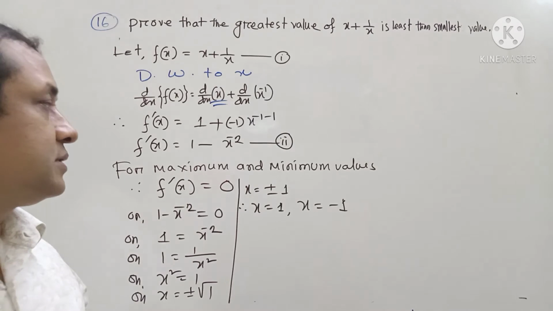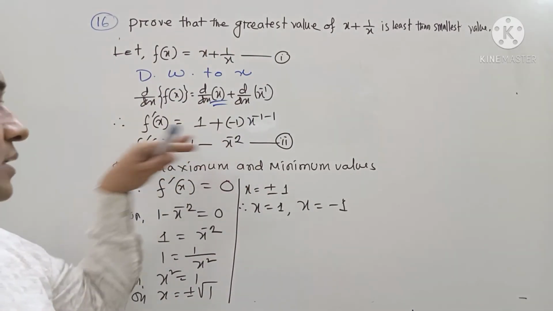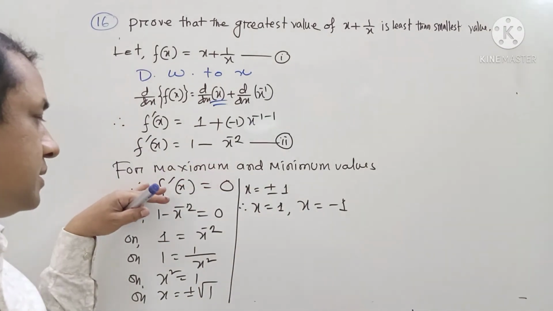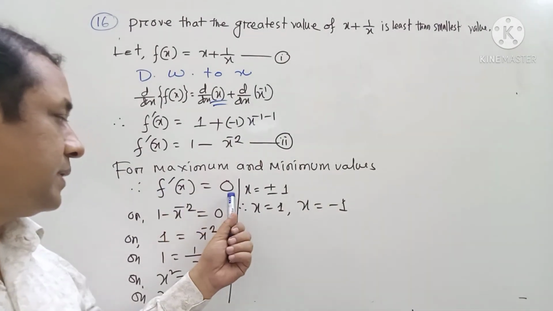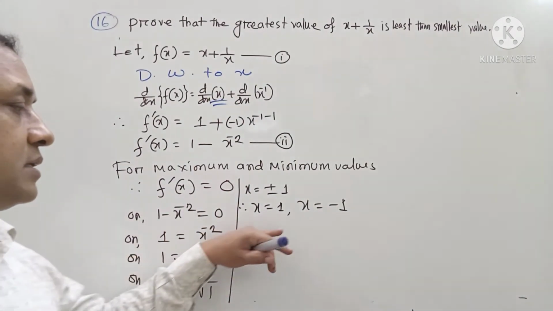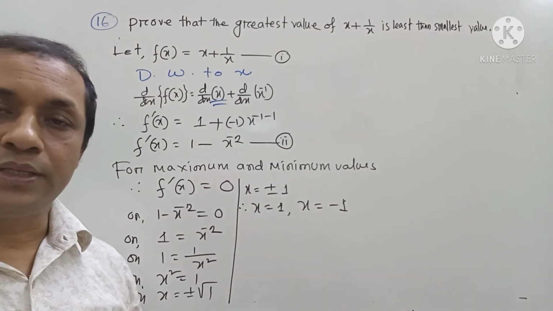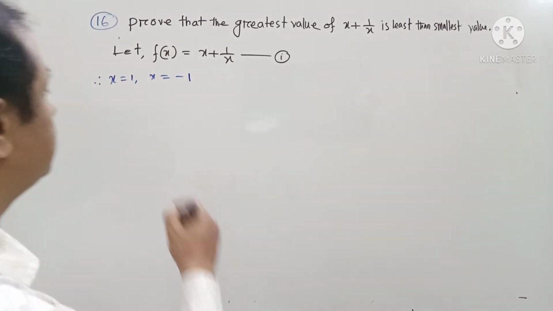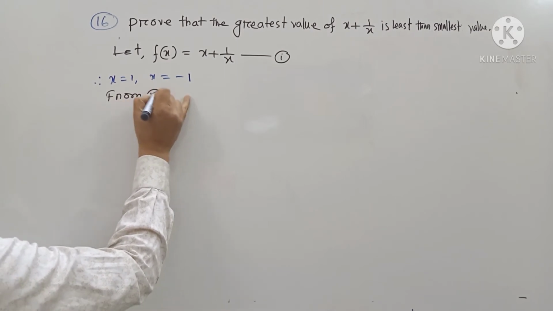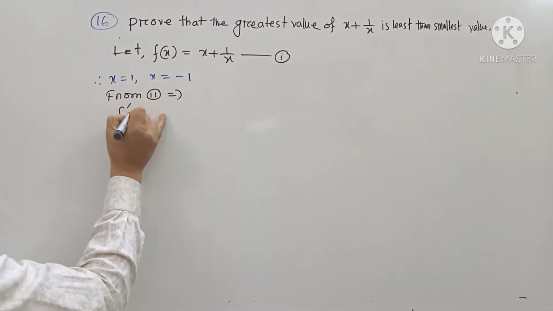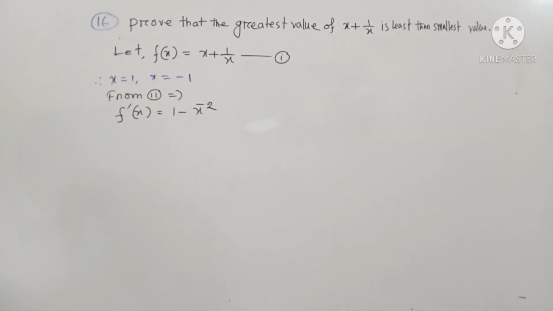Now student, here are three conditions. First condition, let f of x. Second condition, f prime x. Third condition, for maximum and minimum values f prime x equals 0. Then we get the value of x equals 1 and the value of x equals minus 1. Student, from equation 2 we have